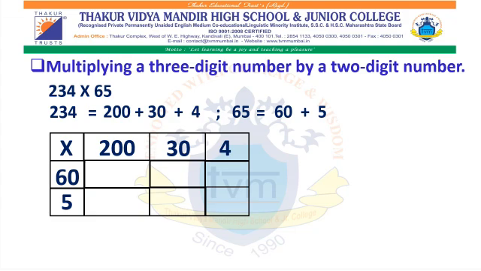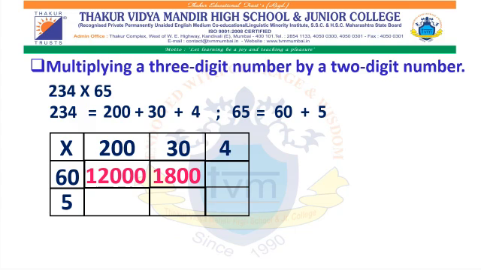Students, here we are going to multiply 6 and 2. So that will give us 12, plus 1 zero of 60 and 2 zeros of 200 will be placed next to 12. So it will become 12,000. Moving to the next number, 60 multiplied by 30. 6 threes is 18. 1 zero of 60 and 1 zero of 30 will be placed next to 18. So it will be 1800.